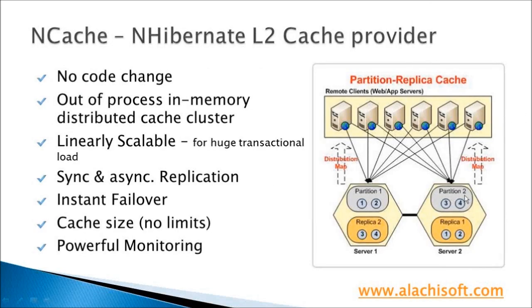This is an out-of-process in-memory distributed caching solution which has a dynamic clustering capability, and it spans multiple servers. The transactional load from your application gets distributed equally to all the cache servers at runtime to get you more performance. And NCache keeps the data replicated across the entire cluster to provide you with a consistent failover in case you lose any of your cache servers. NCache supports both synchronous and asynchronous replication modes, so you can keep the data replicated without any performance overhead.